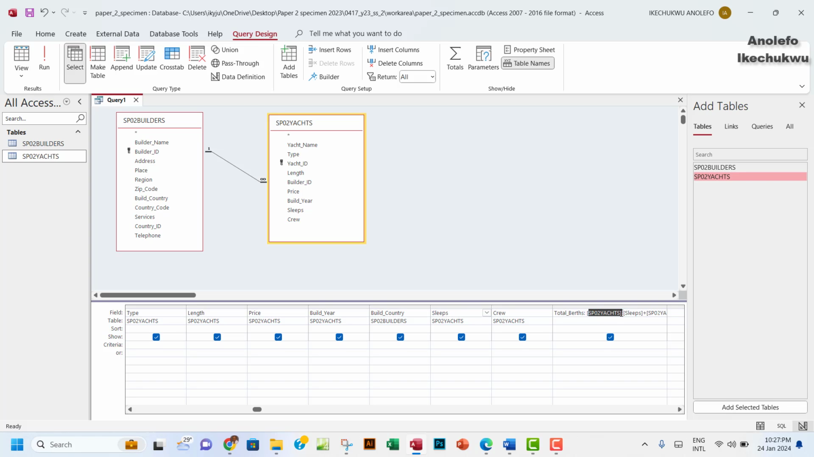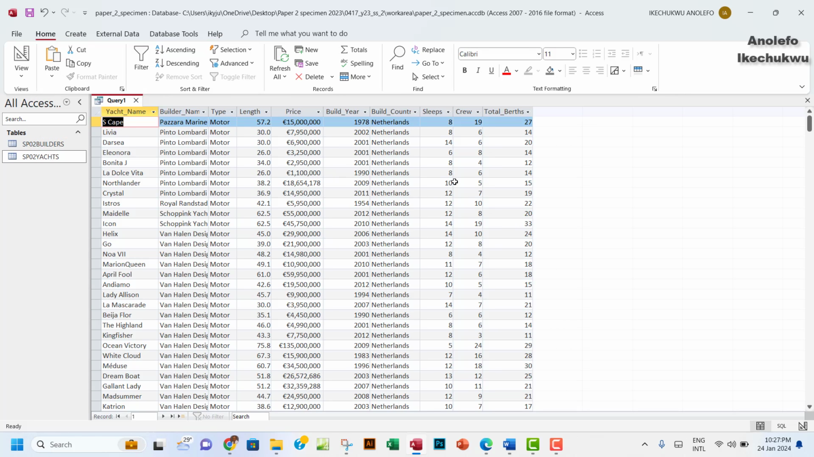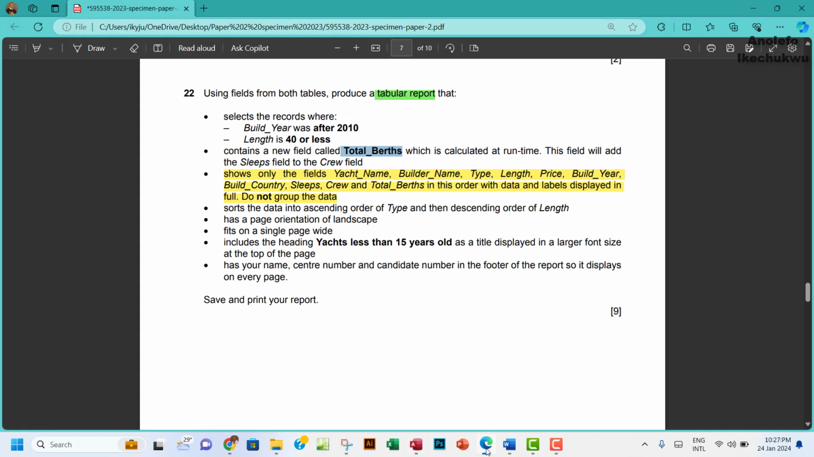that it's getting the field slips from that Yacht table, something like that. Either way it's going to work. So we want to run that, so we see that it has calculated our total birth here, right? So we're in order. So here we've done the runtime